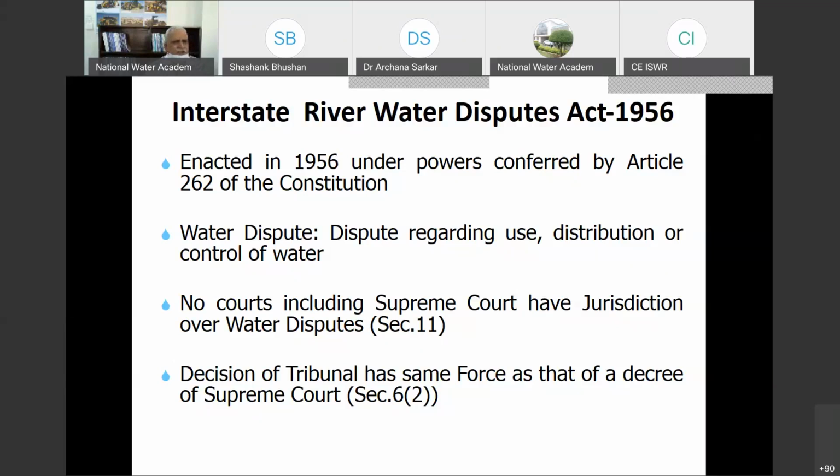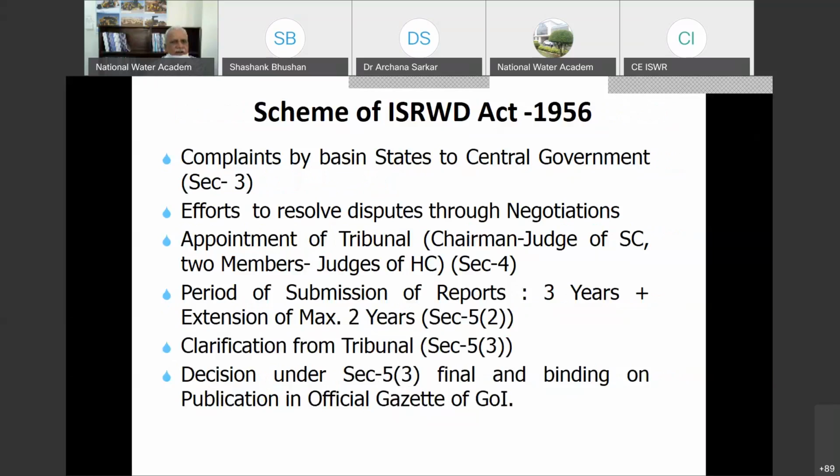However, in the Krishna water dispute, such negotiations could not materialize, and therefore, considering the provision of Section 4, the central government constituted the tribunal. The small mechanism which is there is illustrated in this slide,